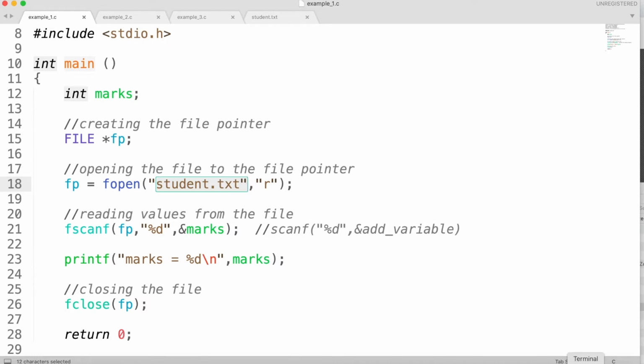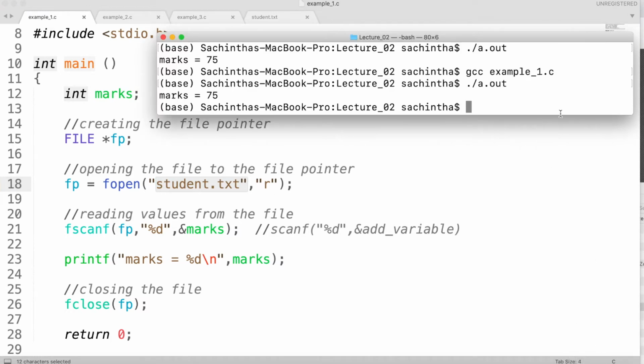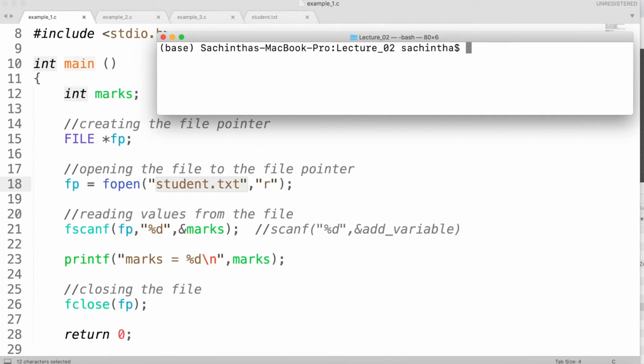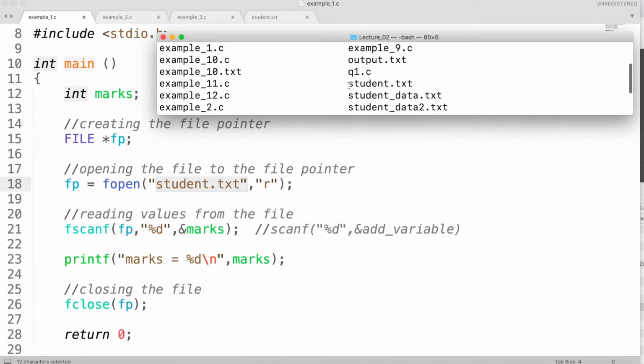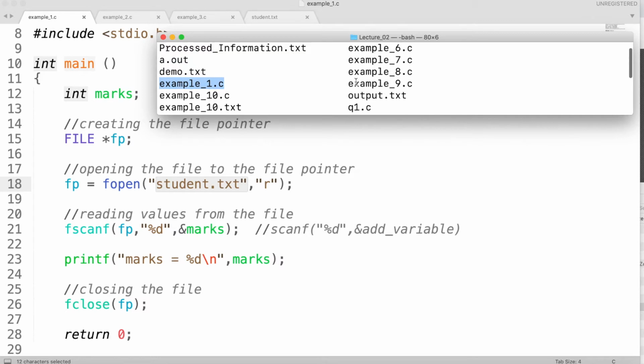So let's see the content of my current folder. You can see I have the student.txt file and also the example.1c file and the a.out executable also there, right? So everything is in my current folder.